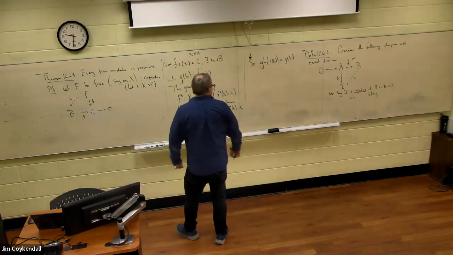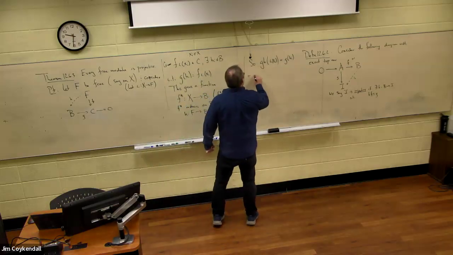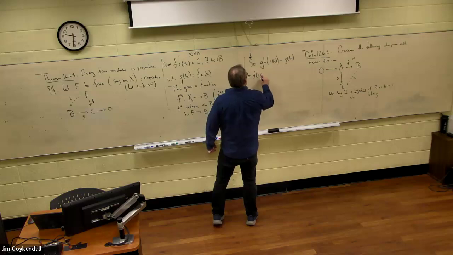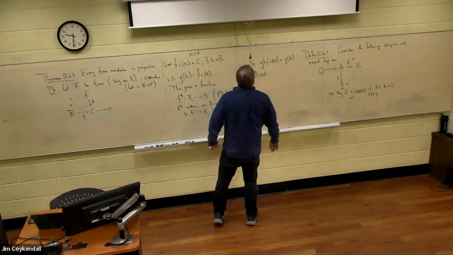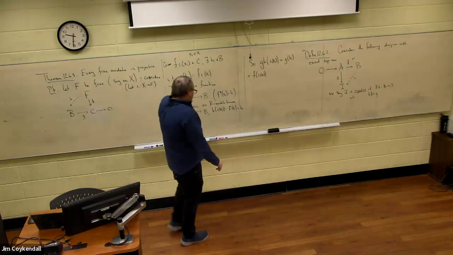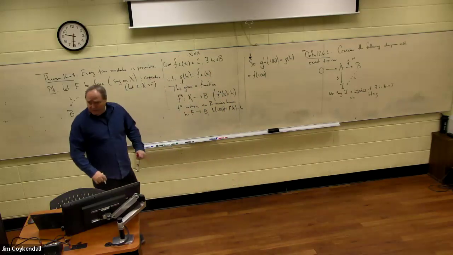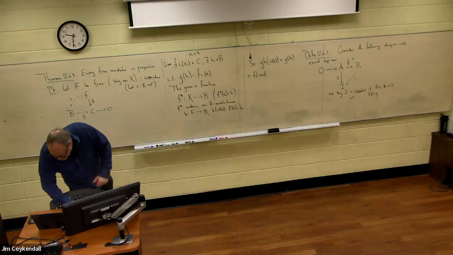And G of bi is F iota xi. Everybody okay with that? And so let me point out that